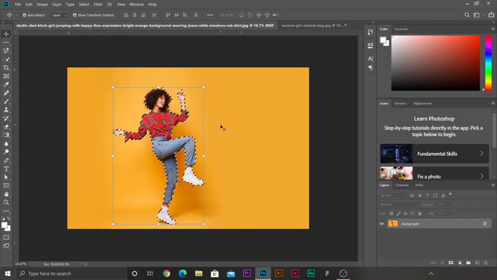But if I hold down the Control and the Alt, you see our cursor has changed to two-headed arrows, which are black and white. What these two arrows mean is duplicate. So once we are holding down the Control and the Alt on the keyboard,